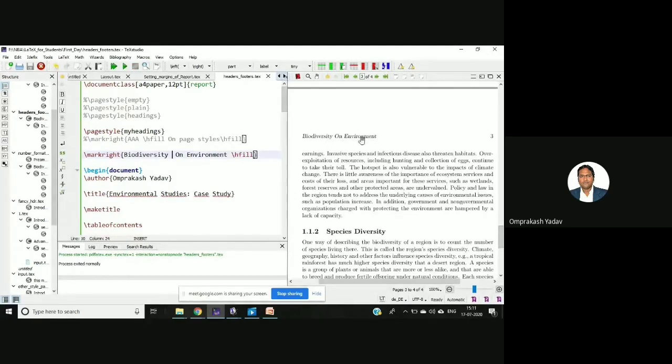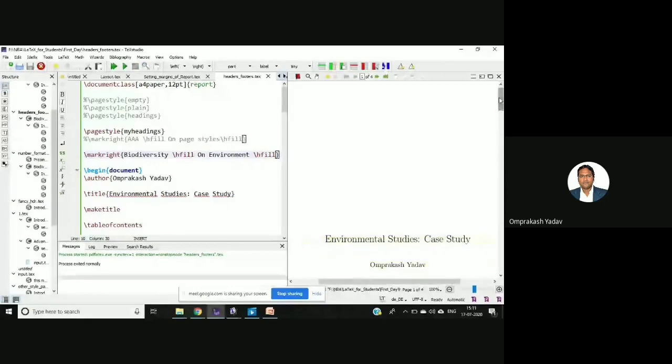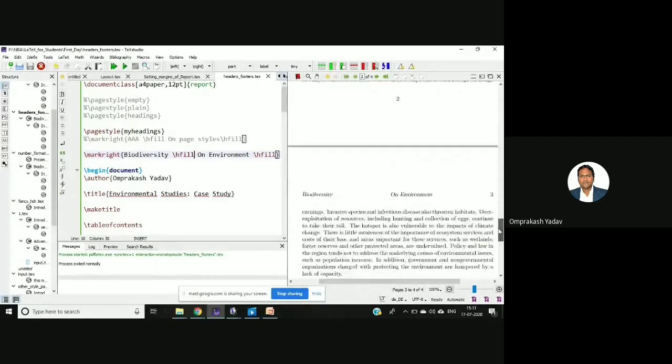See here, biodiversity on environment. I'll put it here again. Right. So I'm sure you are all aware of these things in the HTML language, right? See here, the spaces. So this is regarding the different types of page style.